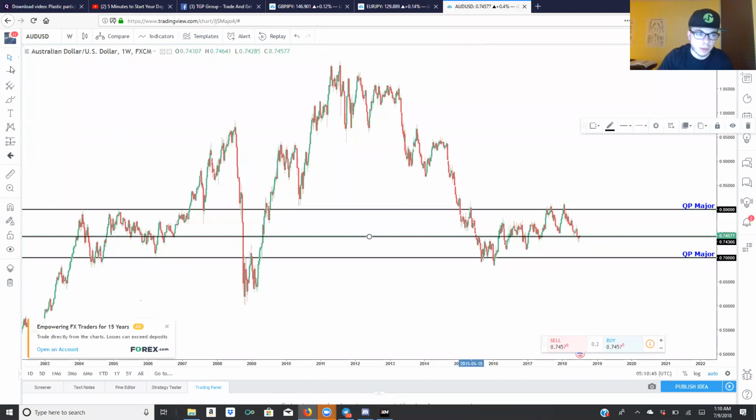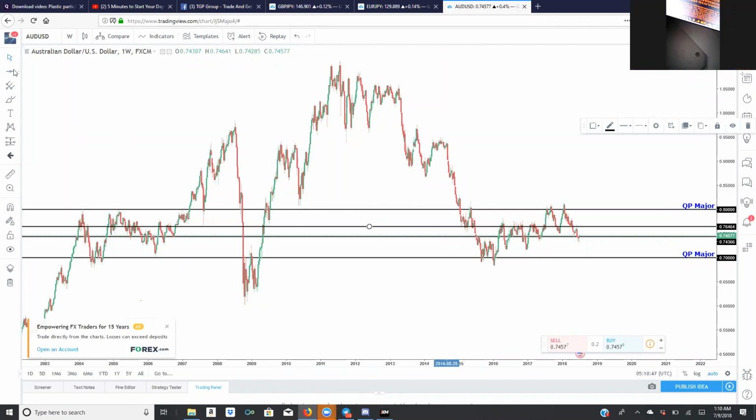Now we're just going to draw up our 3 lines. Right? It's going to look a little tight on the week, but when we go to the day chart, it'll look